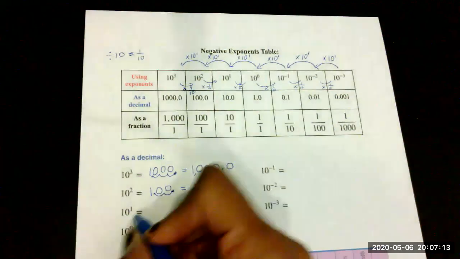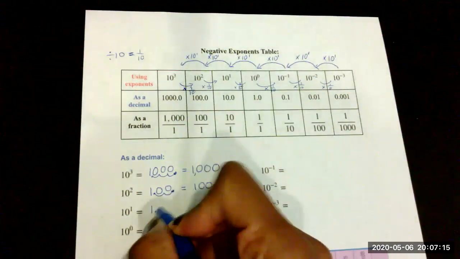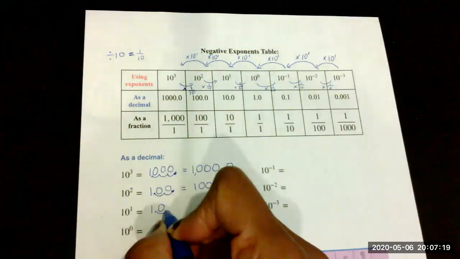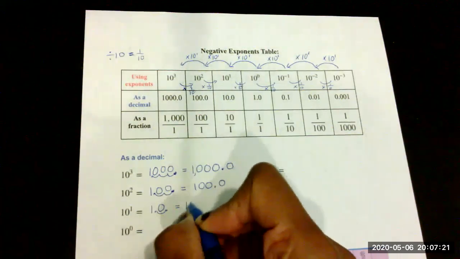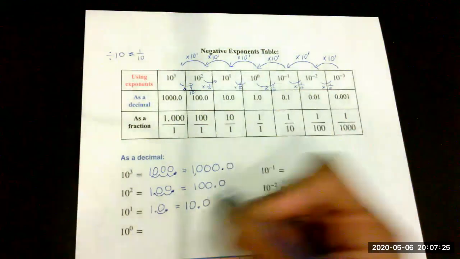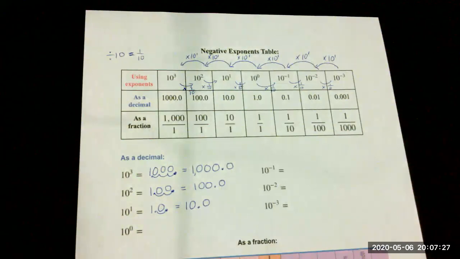The same is true with the 10 to the first power. So I'm going to move the decimal place 1 space. That's how I end up with 10. And the decimal now is here, and we add a 0 to hold the place. So this is how you're writing